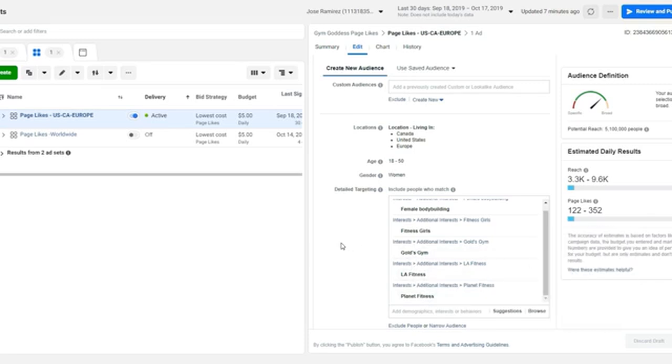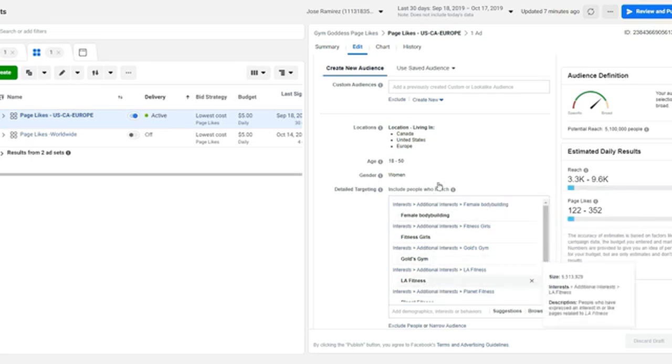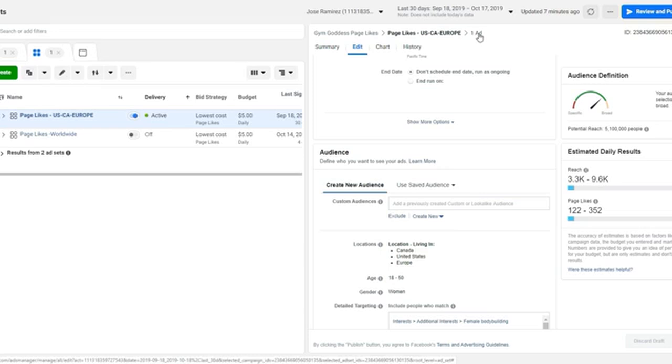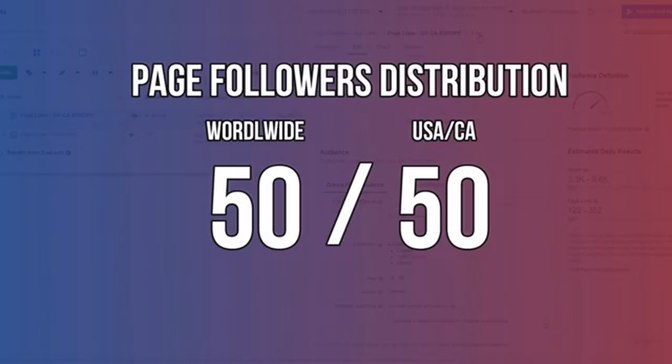And what that does is that it's going to show our ad specifically to these people from those tier 1 countries, which is going to help us make more money because we're going to have balanced our followers to a point where 50% is mostly a worldwide audience, and the other 50% is going to be from tier 1 countries. And then little by little we're going to be increasing that percentage of tier 1 countries to a point where it's almost 80% of our followers.